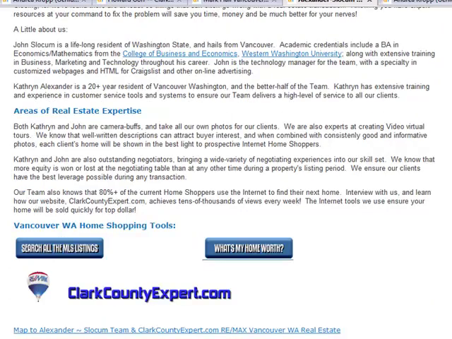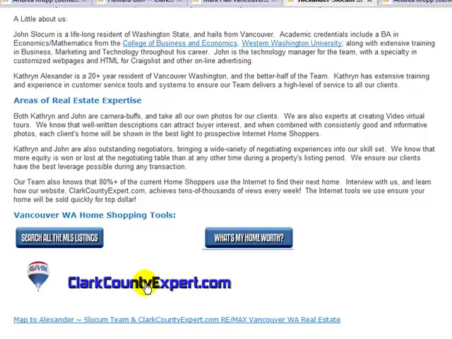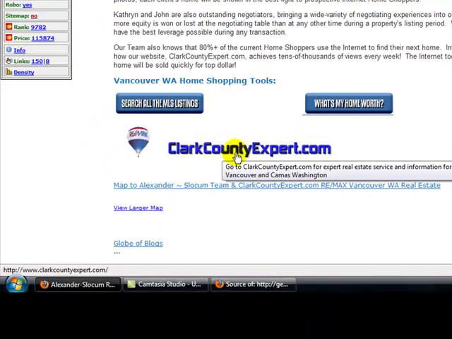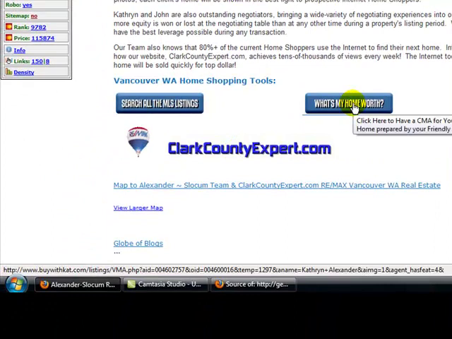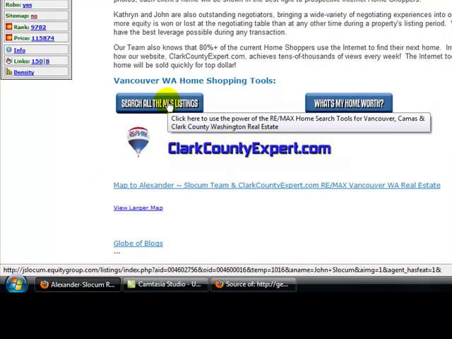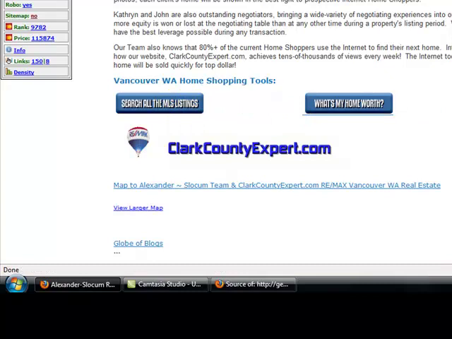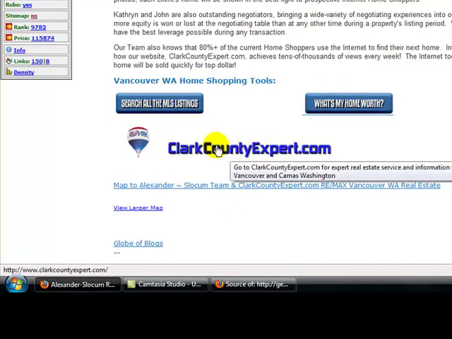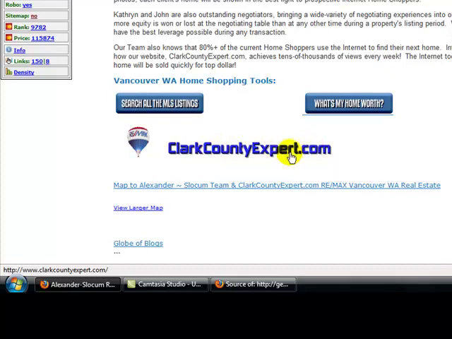Now, further down, they have figured out how to create a word image and link that to their website. And similarly, each of these buttons also link to their website. Now, buttons are great, but Google robots can't actually read the text inside these buttons. So the fact that this is an image and not plain text is not actually helping to boost their search rankings for the term